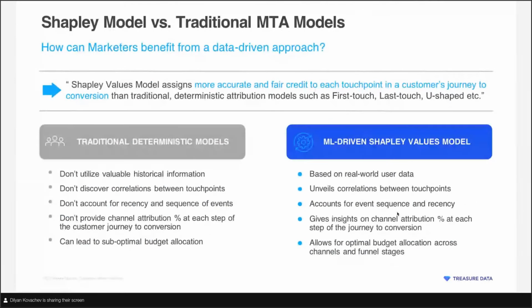So how is the Shapley value model different? I'll explain a little more about how it works, but just quick bullet points. The deterministic models typically don't utilize real behavioral data coming in daily in real time. So you might decide that for this quarter we have these budgets, we're running these campaigns, and we'll use last touch attribution.